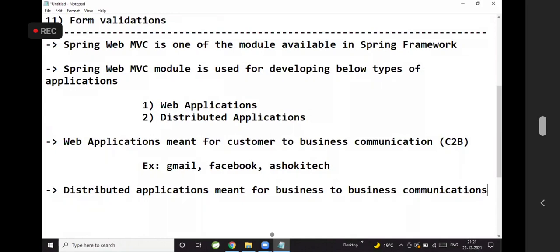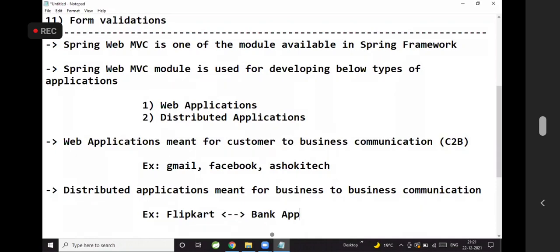This is nothing but B2B. Example: the Flipkart application will communicate with the bank application for the amount deduction. Bank application.